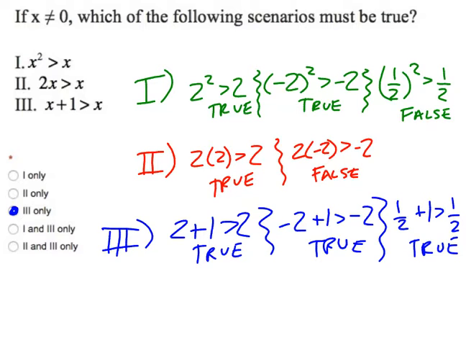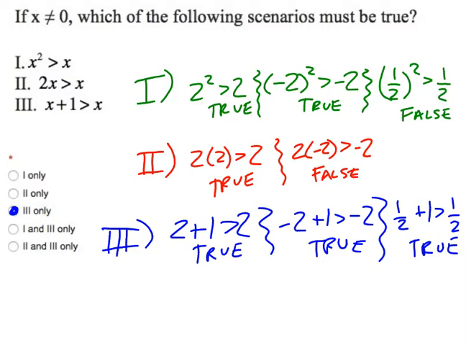Question number 2. If x does not equal 0, which must be true? So notice it doesn't give an extra stipulation that it's a whole number or an integer or even a rational. It just says it just can't be 0. So let's try a bunch of different scenarios and see which one is true. For letter I, I try a positive number, it works. I try a negative number, it works. I try a fraction, however. A half squared is 1/4, and 1/4 is not greater than a half, so that is false,